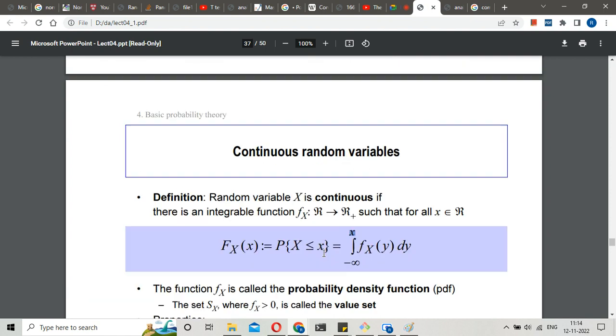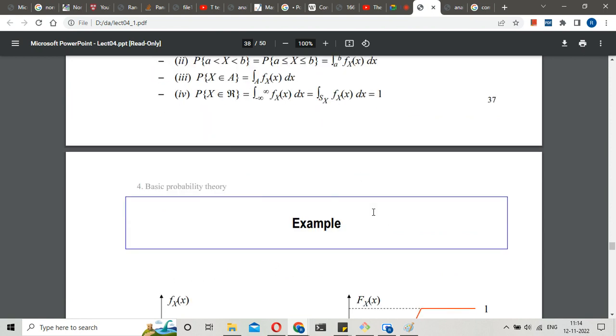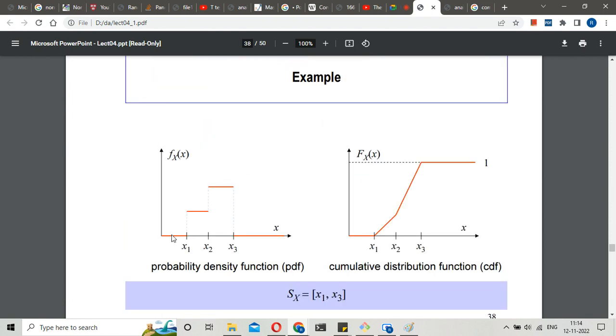This we call the CDF, and the f of x is the PDF. I think when you say the same thing, you can plot the PDF versus the CDF. It will come like this. Here, these are two different things, I guess. That was having a mass, probability mass. Probability mass and density go the same.